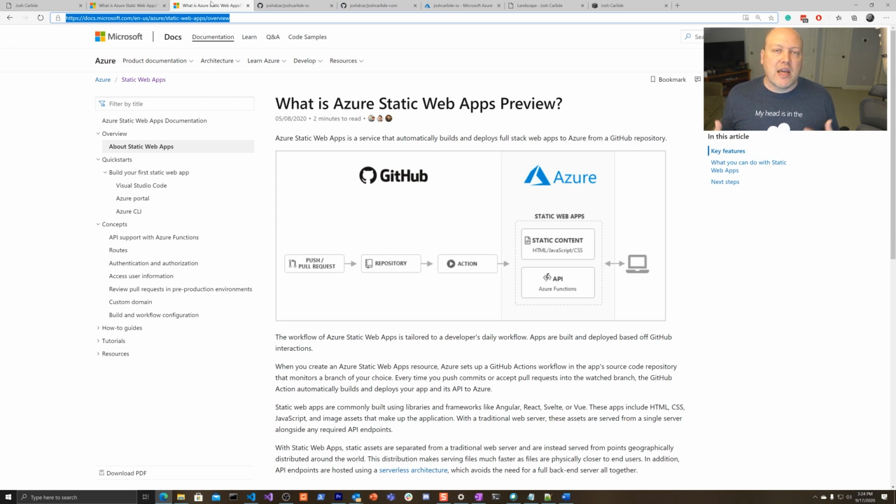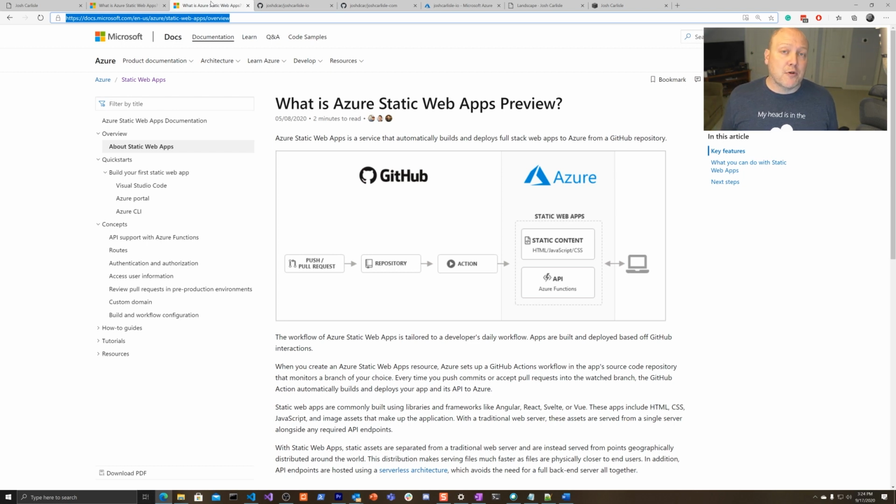So first off, we have our source control that resides in GitHub. When someone does a pull or push request, meaning they're updating their website in some fashion or form, we have a GitHub action that's fired. That GitHub action is provided for us by Azure Static Web Apps, and we'll see that in action here shortly. It is also responsible for deploying all of our bits out to Azure. So when I say bits, we're talking about our HTML, our JavaScript, our CSS, our static content, right?